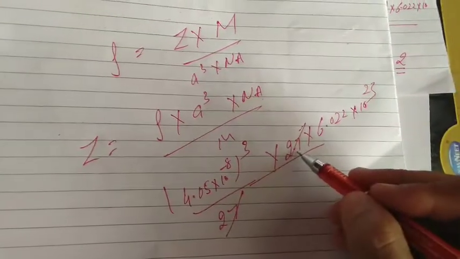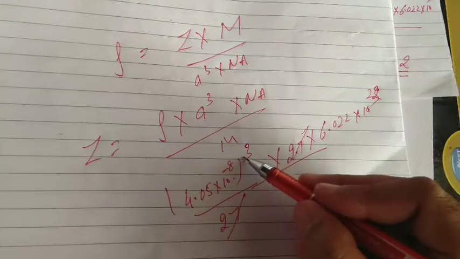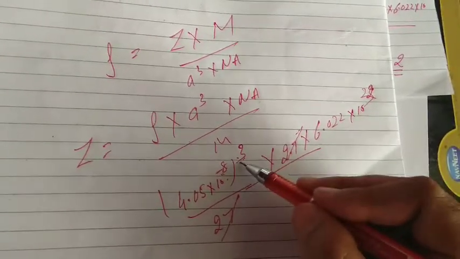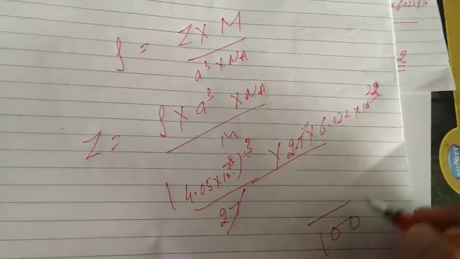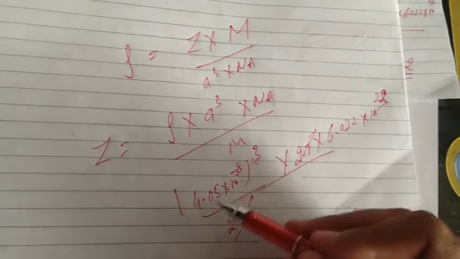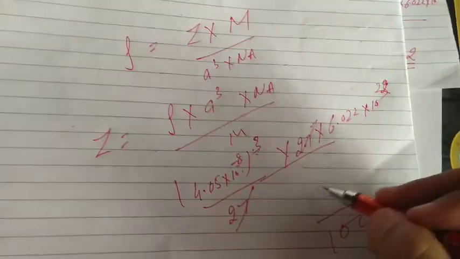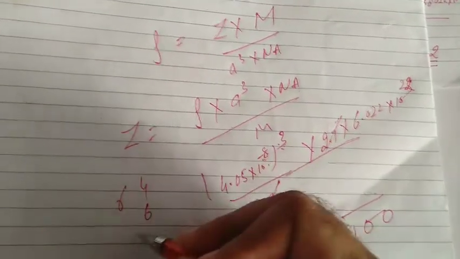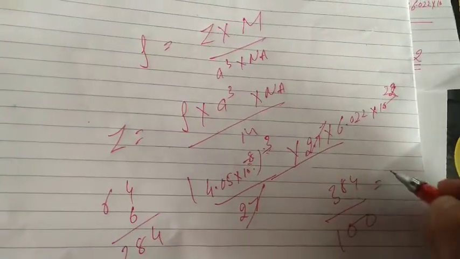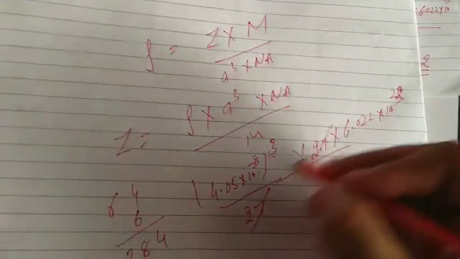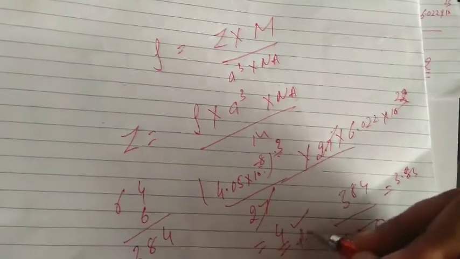2.7 cancel. Sorry, it is 2.7, it is 27. So it becomes 10 to the power 22 now. 8 3s are 24. 24 minus into 10 to the power 22. It becomes 100. Now what is left? 4.05. Students, directly go for the cube root of 4. 4 4 is 16. 16 4 is 64. 64 into 6 is 384. That is, we got our answer 3.84. But we will do this, write these values and directly we write 4. Since Z is 4, the given system is FCC.